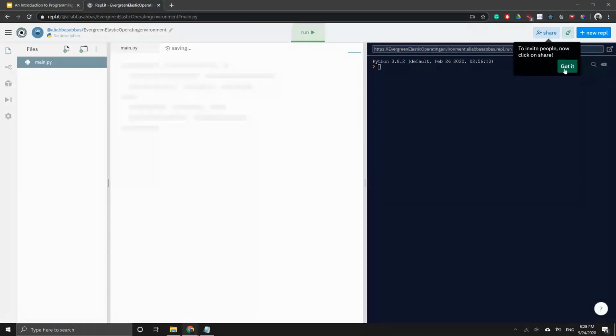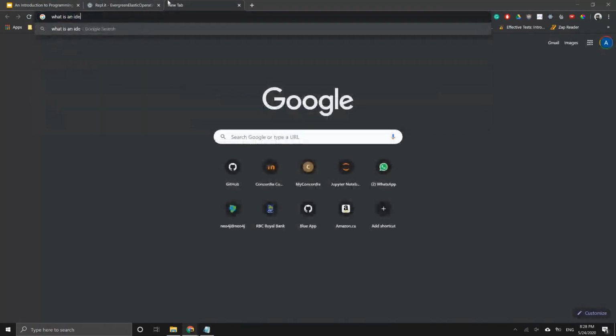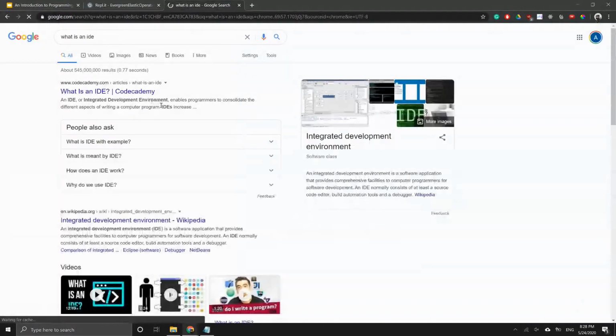Oh, thank you, Stephen. That's a good question. An IDE, one second, what is an IDE? An IDE is also called an integrated development environment. The main goal of this is when you start programming something, what you're going to quickly realize is that